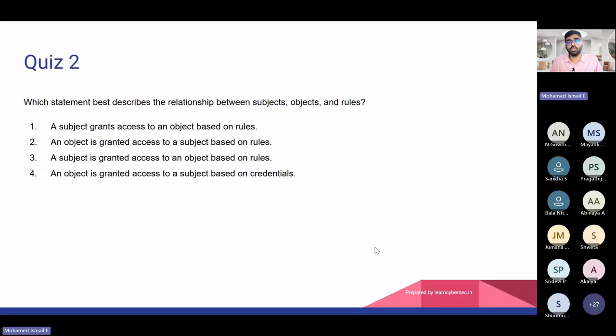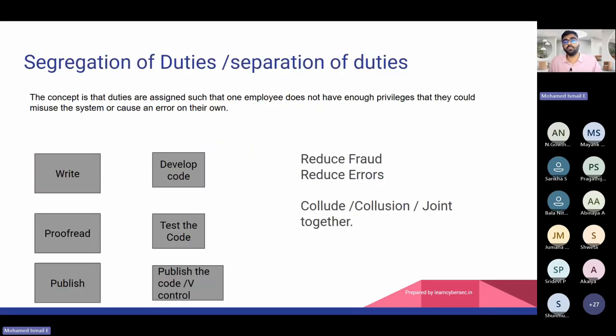All right, next we'll talk about segregation of duties or separation of duties. Why do we need this control? When you write code, you are the developer; when you test the code, you are the tester; when you publish the code, you are the publisher. When you do all these three things for a weekend hobby project, all good, because it's not going to impact anything. But when it comes to